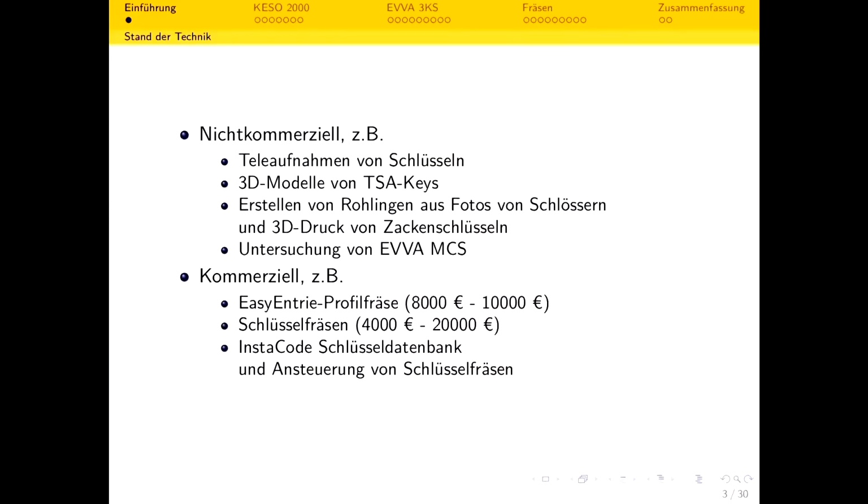Another bit of research was the FRMCS, which has been analyzed by the Munich CCC a couple of years ago. And the advantage of a system, because it's magnetic, is that a photo doesn't allow you to derive the locking key. There are, of course, also some commercial variants, for instance, the easy entry profile device,